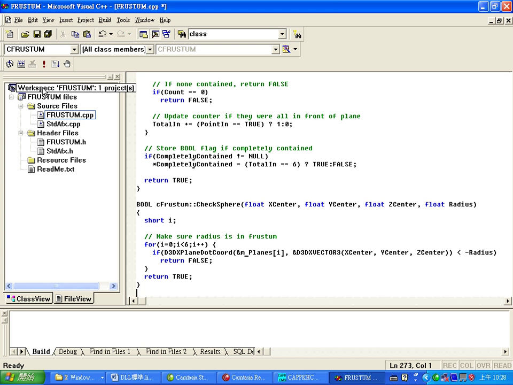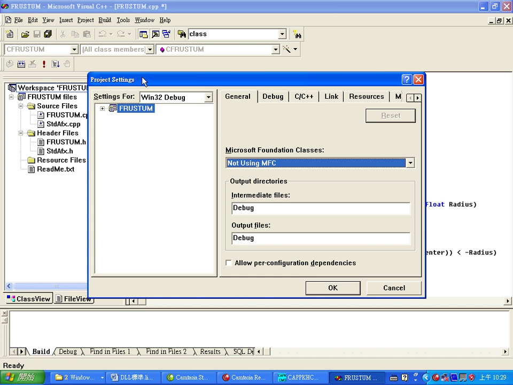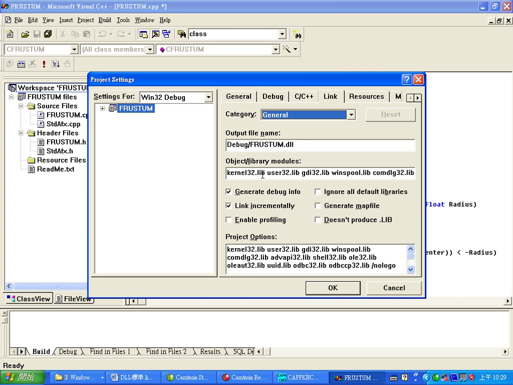That's all. Pick workspace, pick project, pick setting, pick link to remove debug in front of Frustron.dll. Remove generate debug information, pick,